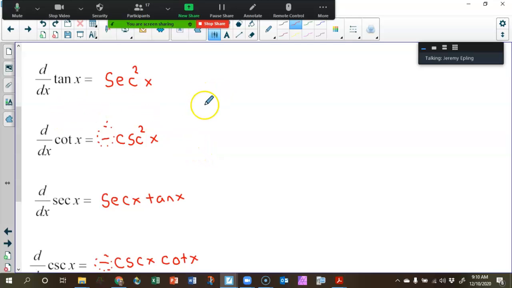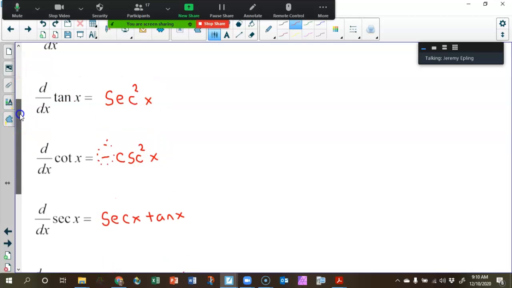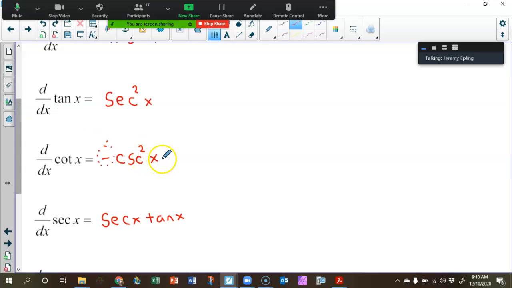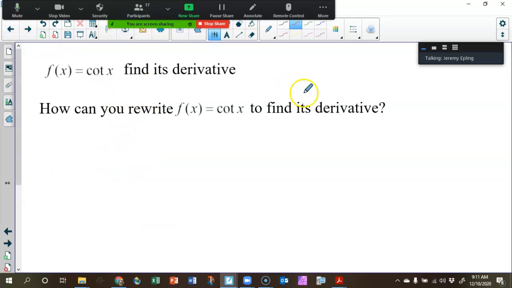And I will know all of these. Okay. Now, you've got to know these because next semester, when we come back after Christmas, I'm going to tell you negative cosecant squared is the problem. I took the derivative of something and I got negative cosecant squared. You're going to have to be able to tell me you took the derivative of cotangent. Right? So you've got some homework in Math Excel using these trig derivatives. So doing a little practice. Right? And you're going to prove those 3 derivatives. And we'll come back tomorrow and we'll check your little